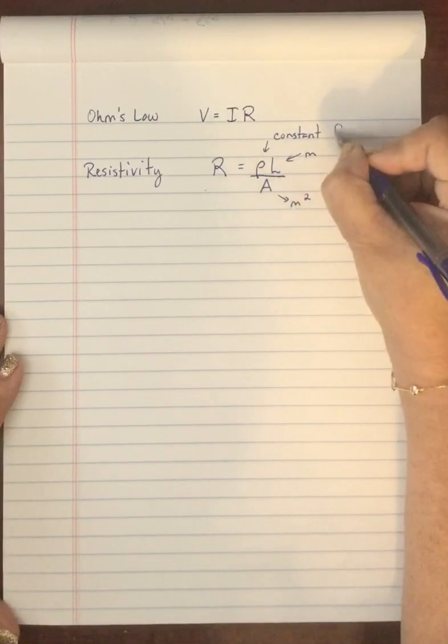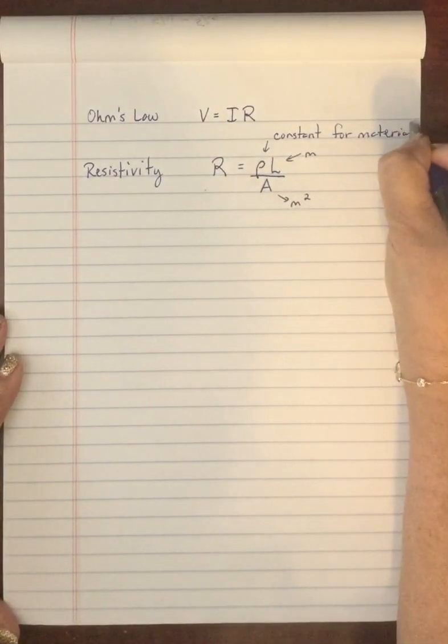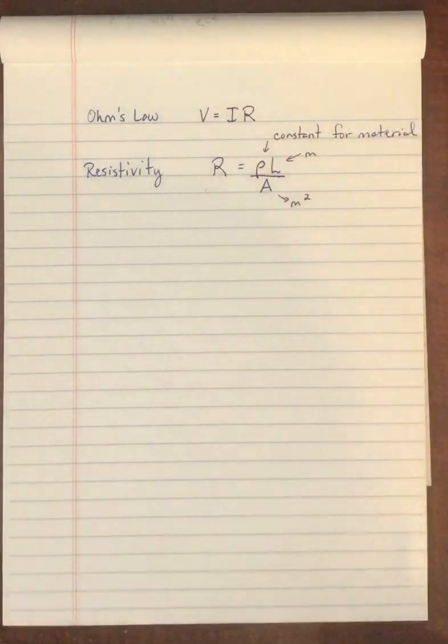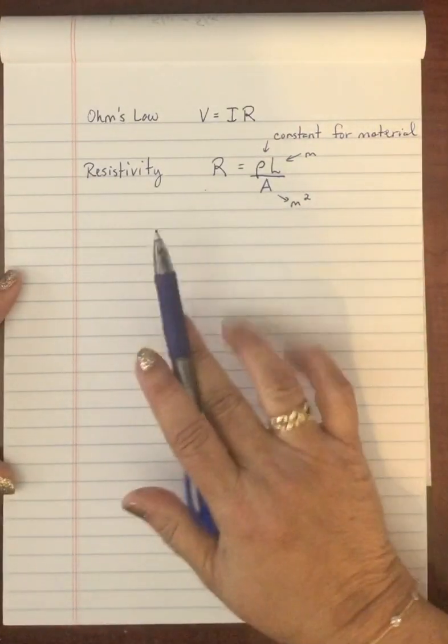So each material has its own resistivity. So I will either give them to you, or you'll have to Google a table if that's the case, but I'll try and give them to you, because usually we would use the textbook. Okay,